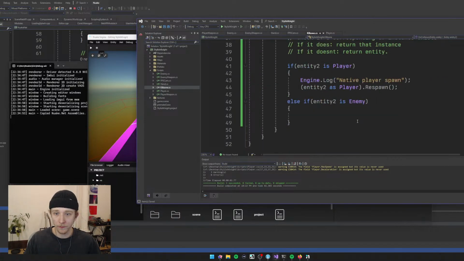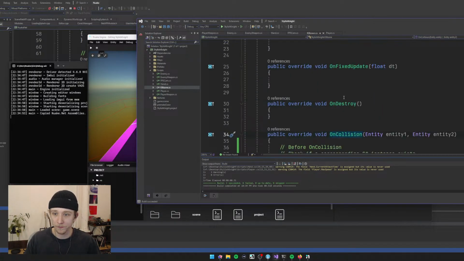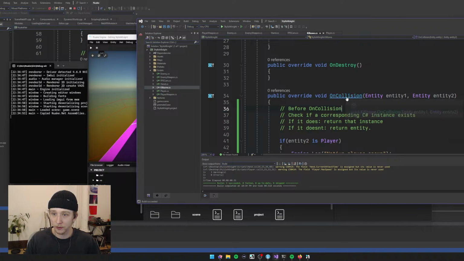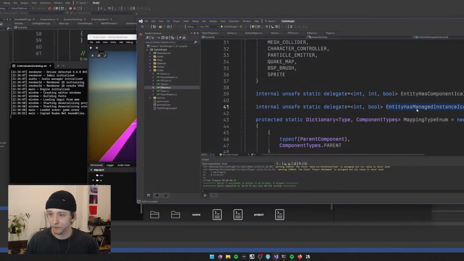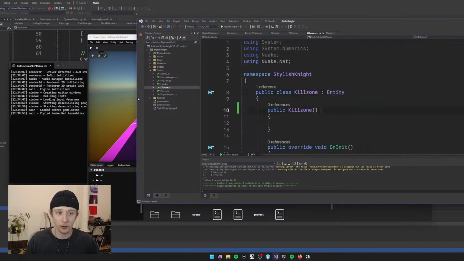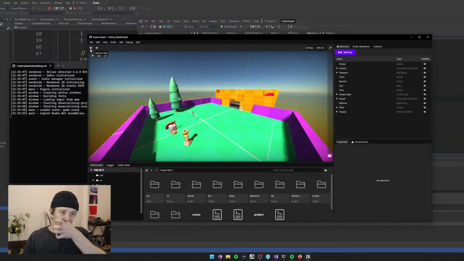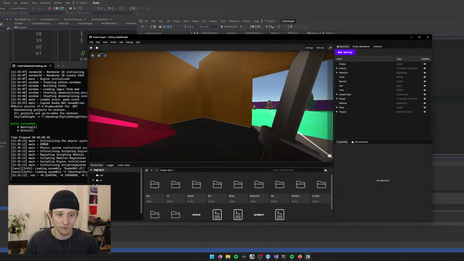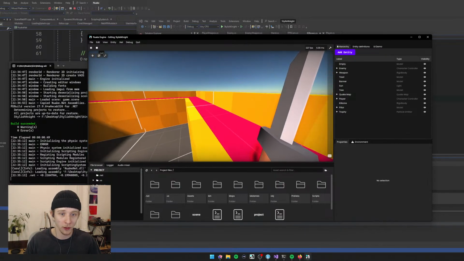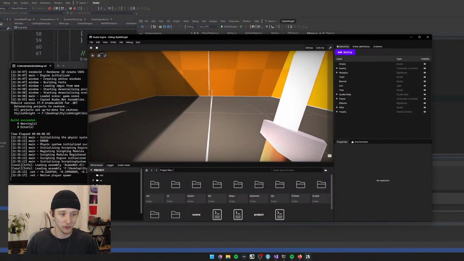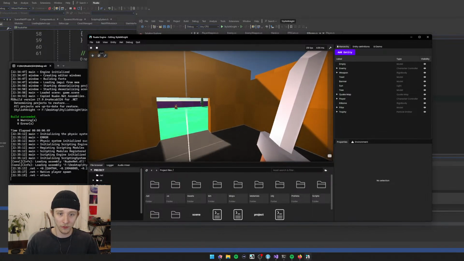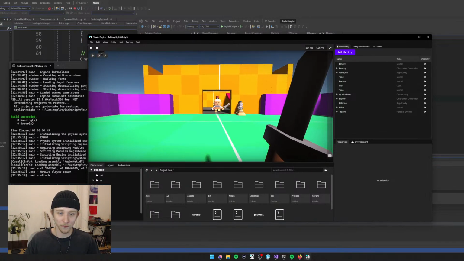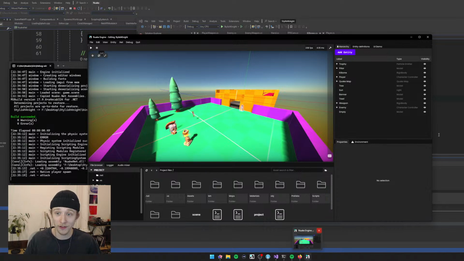So now, if we compile, let's see, did it update? Yes, okay, cool. Let's try it. I'm expecting a crash. Native player spawn, and it worked. So now, what we can do to make sure that this works